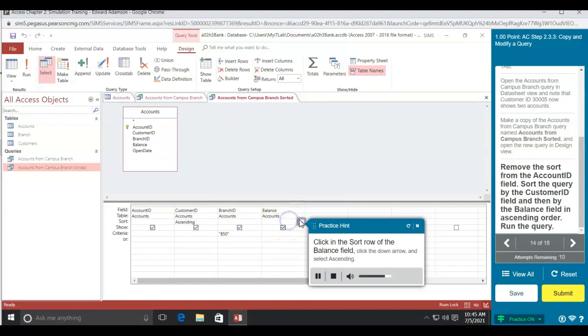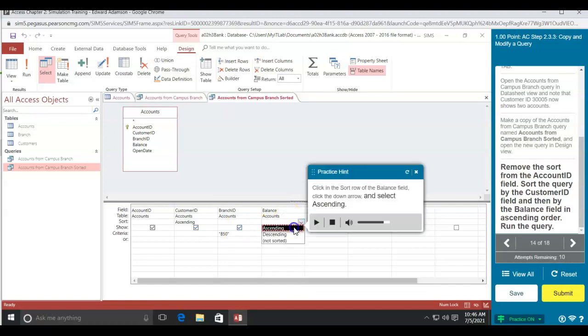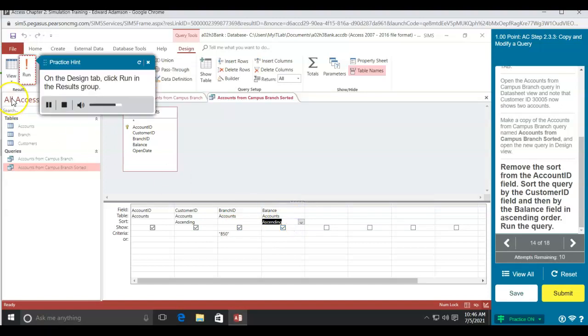Click in the Sort row of the On the Design tab,